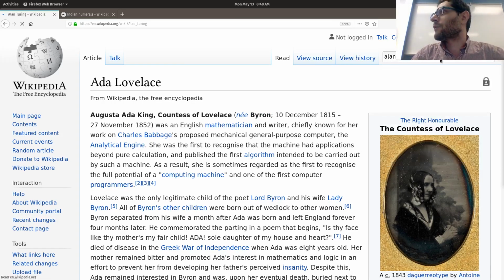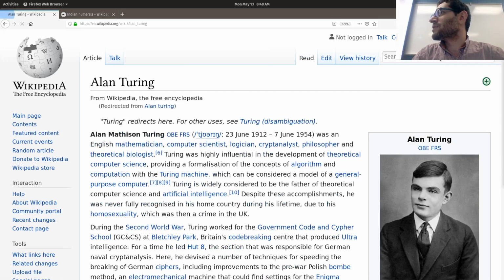You've probably heard of him. You probably saw The Imitation Game at some point. Suffice to say, Alan Turing was not actually as miserable as Benedict Cumberbatch portrayed him. He actually got along quite well with his fellow team members, but he's known for two things. First, the cryptological bomb, which was basically a machine that broke the Nazi Enigma code.